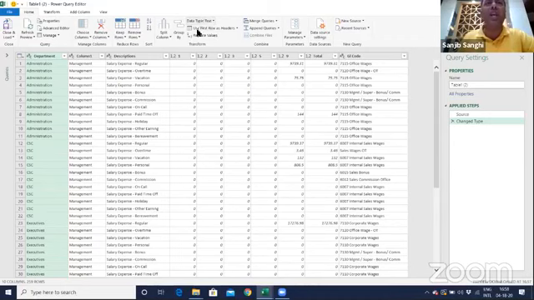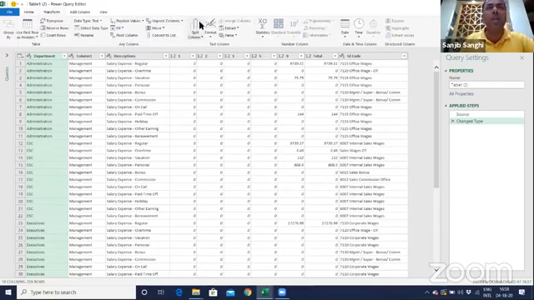You can change the data type, you can split columns, you can group by, you can keep rows, you can use first row as header. If you see the transformation function, I can spend a week training you on Power Query. It has so many features which cover all what you have learned in Excel. But right now, let's focus on the objective.